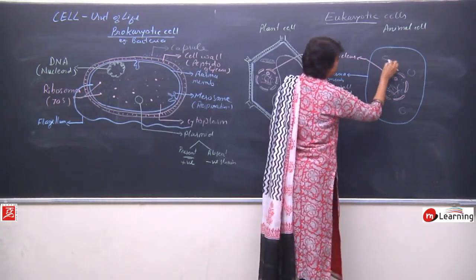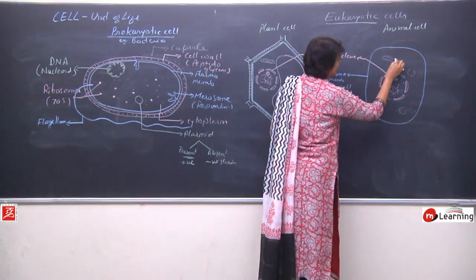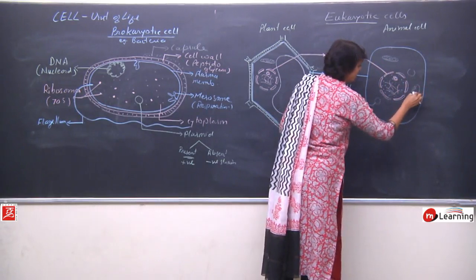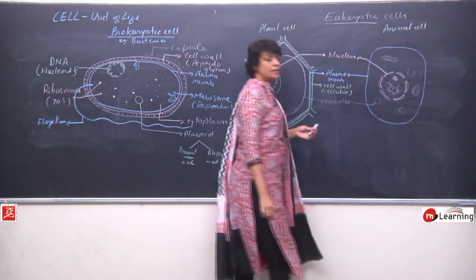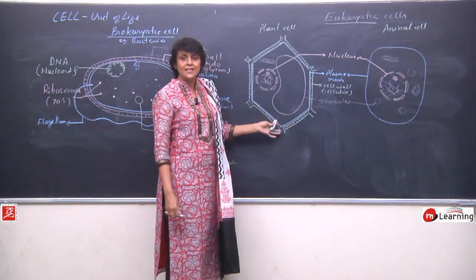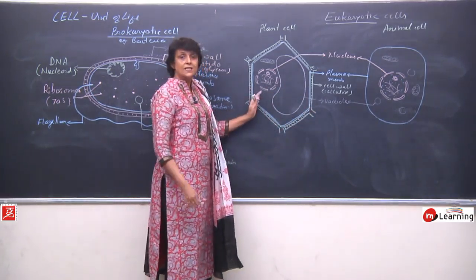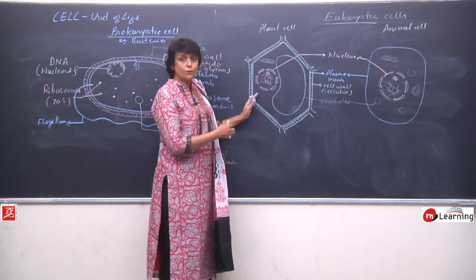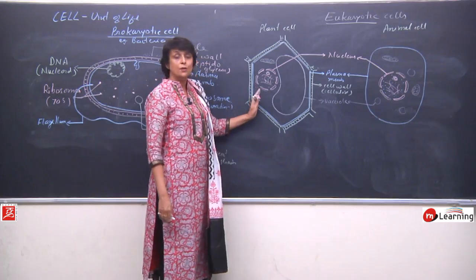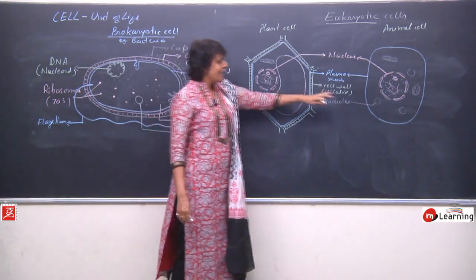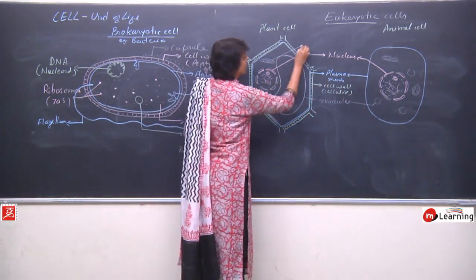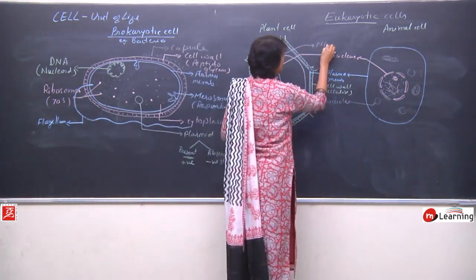In case of animal cells also the number of mitochondria can be variable depending upon the activity level of the cell. If the cell is more active it would have more number of mitochondria, if it is less active it will have less. Plant cells are less active as they don't have to move from their place or the metabolism is little slower, so the number of mitochondria here are less as compared to the animal cells. So this structure which we have drawn here is mitochondria.